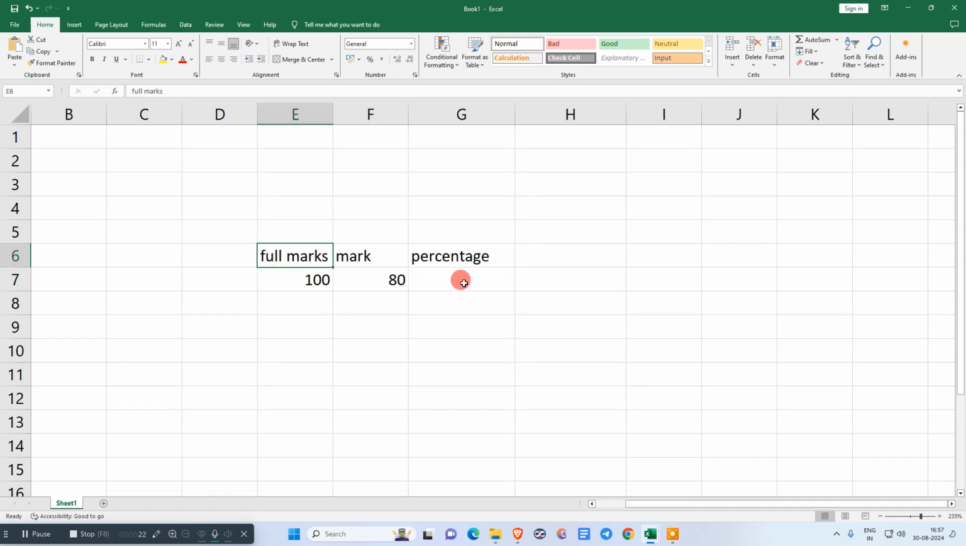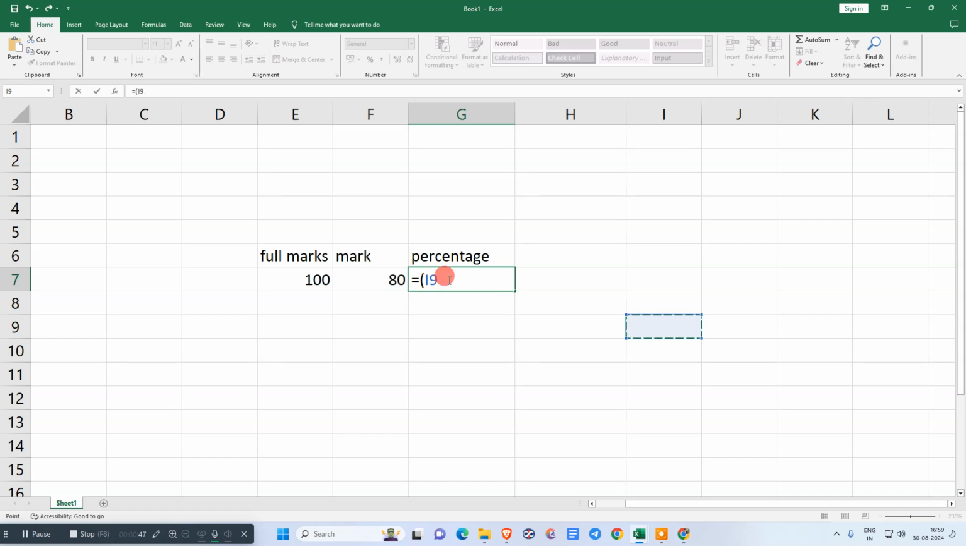Okay guys, so here we are. So let me find the percentage. We have full marks and marks. So we need to use a formula by entering the equal sign. Now we need to take the marks, which is F7. Okay, we need to open the bracket, then take the marks, then use the slash, which is division. Now we need to take the full marks, which is E7, close the bracket,